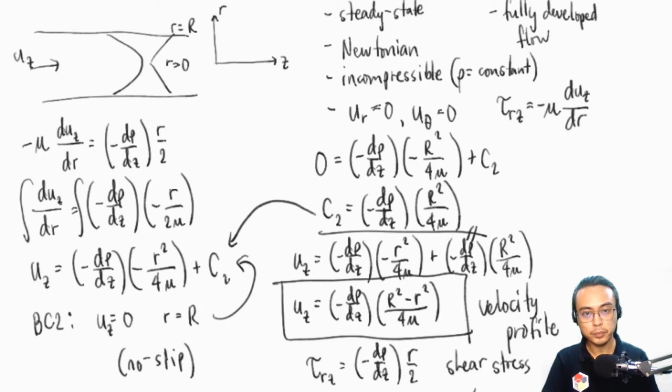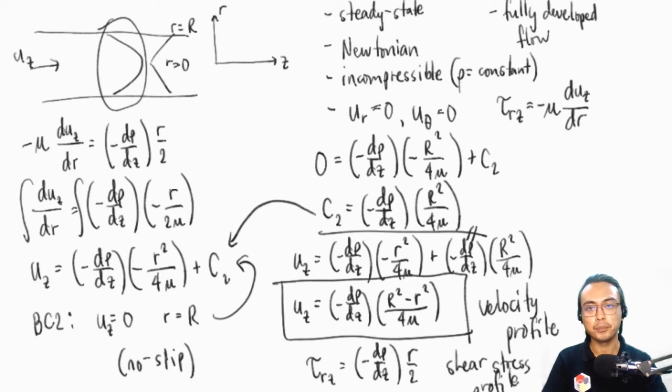The shear stress profile is linear because tau is directly proportional to r, while the velocity profile is parabolic because the velocity is directly proportional to the square of the position, that is r squared. Hence, we have a parabolic velocity profile here. Okay? And with that, we have derived the velocity profile of a fluid flowing in laminar flow inside of a